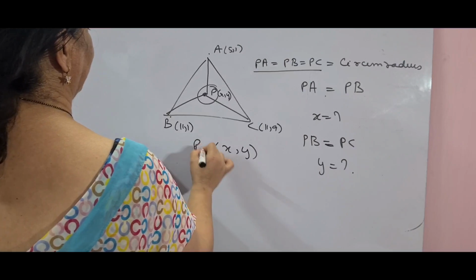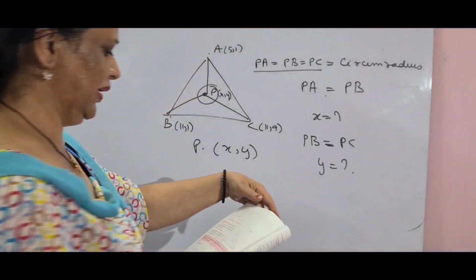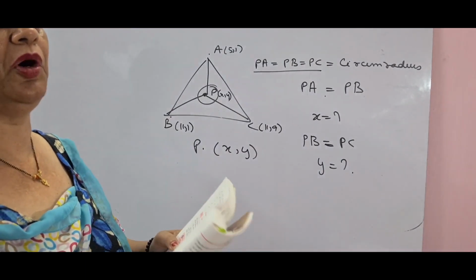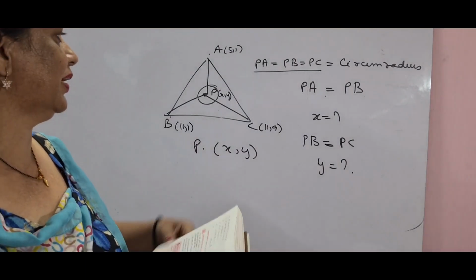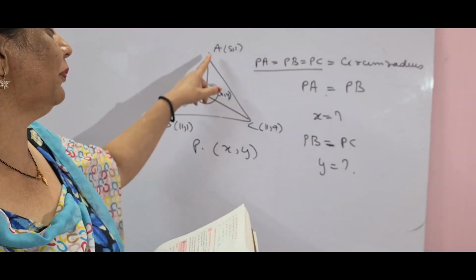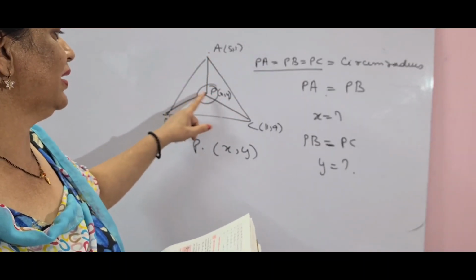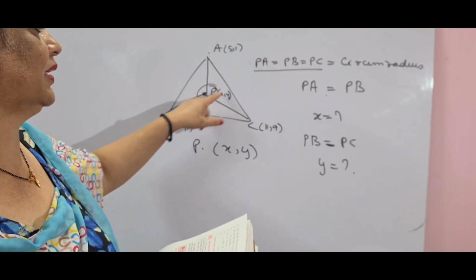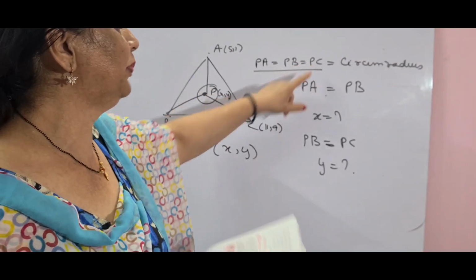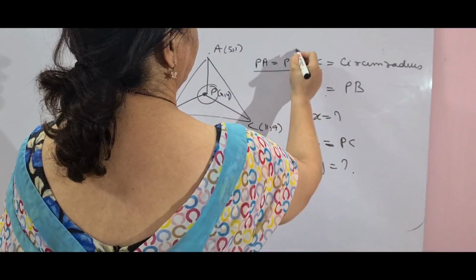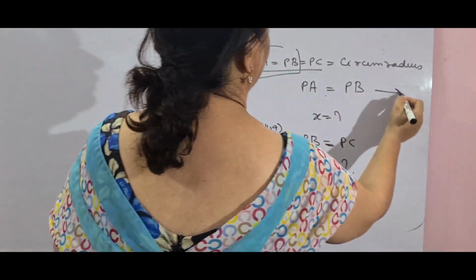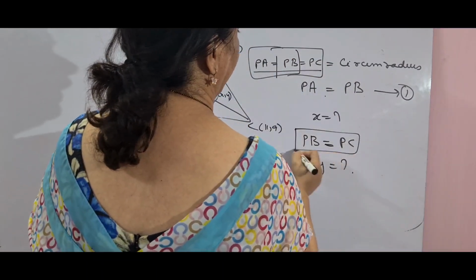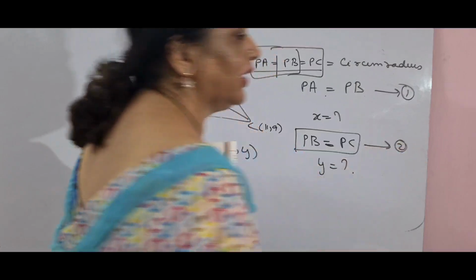By mistake I left this question, so I explained it. Circumcenter is the point which is equidistant from all the three vertices of the triangle. That means P is equidistant from A as well as B as well as C, and this is the property which we are going to use to find the circumcenter, that PA is equal to PB is equal to PC. See, I have not taken all the three. First I took PA is equal to PB, this is my first equation. Then I took PB is equal to PC, that is my second equation. And both equations turn-wise will give you the values of x and y.